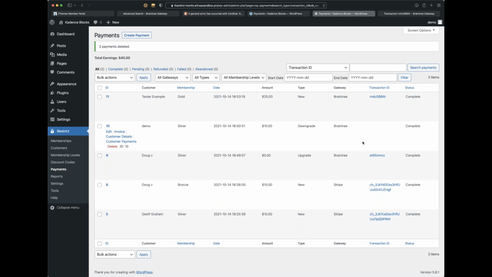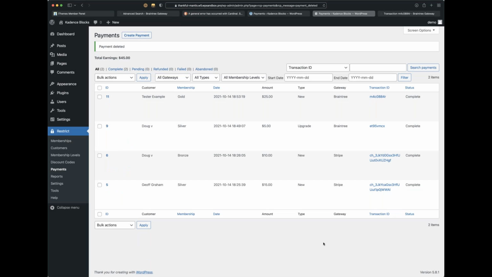So I took out those pending guys, and now we just have all these complete purchases. This one was a downgrade, so it's actually less money inside of there. I'm just gonna take this out since there's no transaction associated with it. And now we're left with those